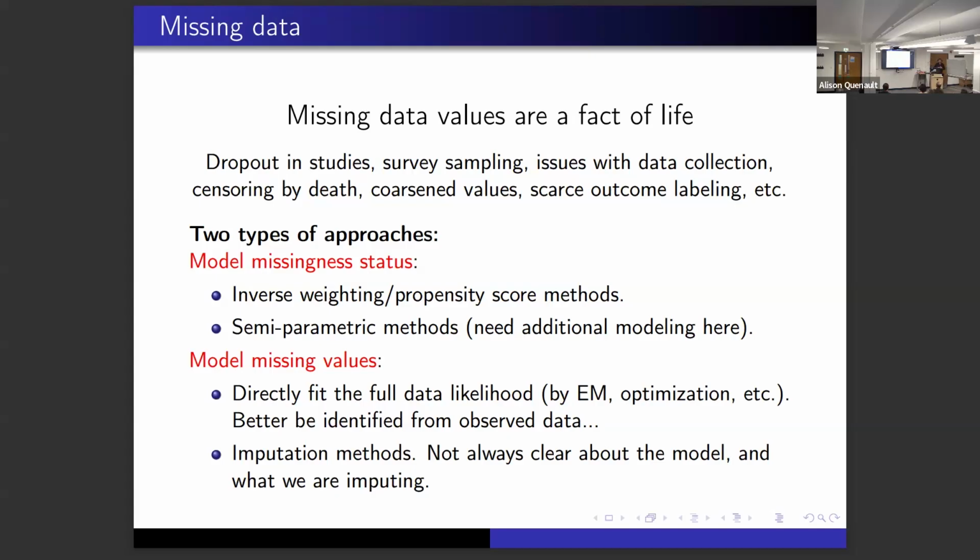Or people can impute. Imputation is very popular because it follows this principle in computer science we call encapsulation, which is, if there is something complicated to deal with, like missing data, I want somebody to deal with it for me, and then I don't have to think about it. They have dealt with it for me and given me a nice, clean data set with no question marks left in the data set, and then I can do the analysis I really want to do.